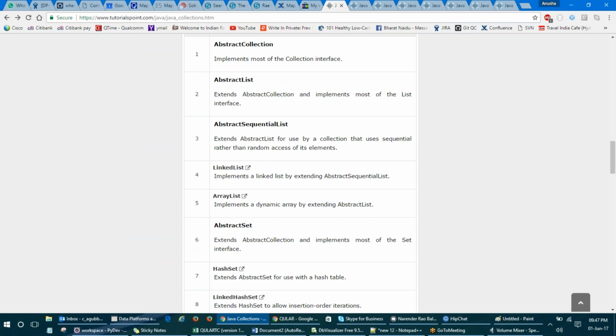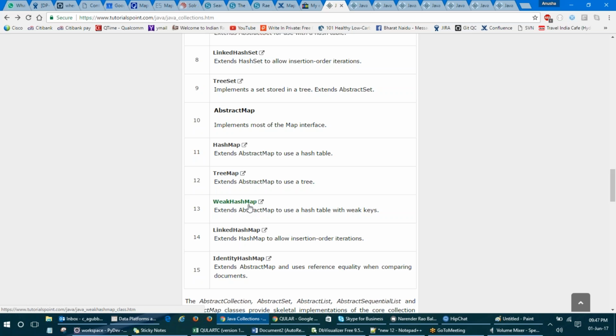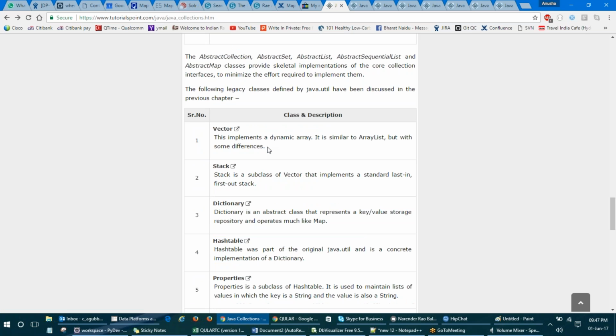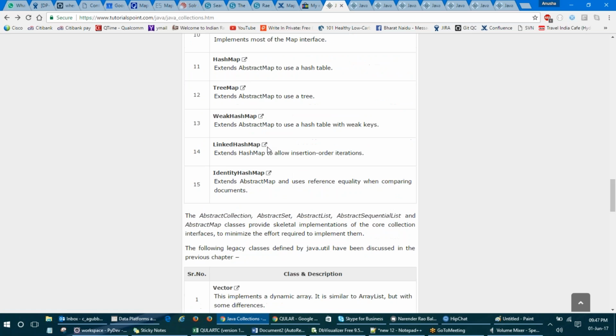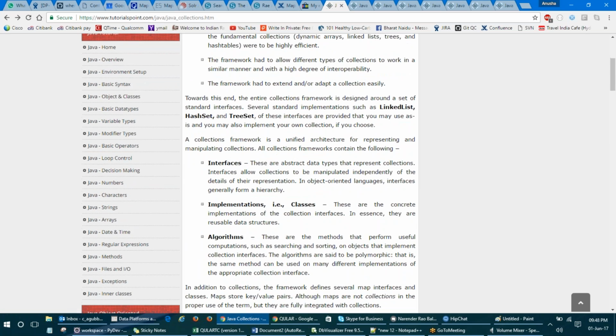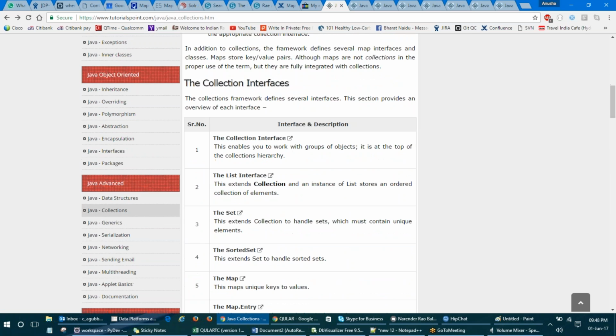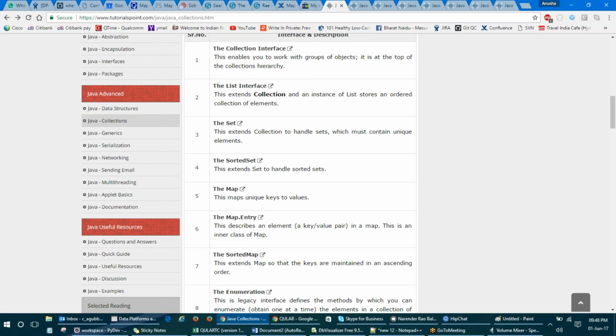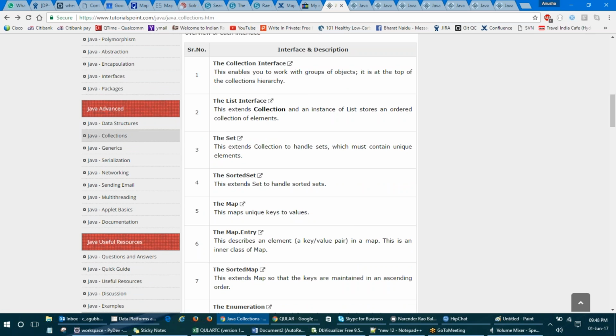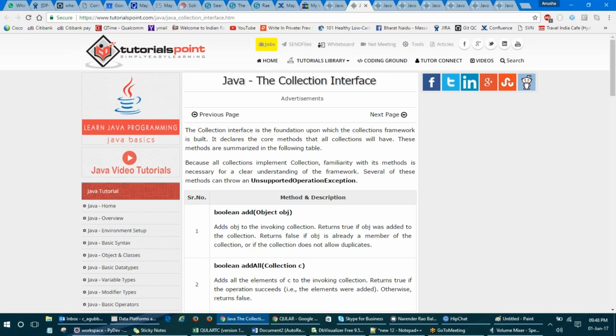Then we have linked list, array list, hash set, linked hash set, maps and so many of them. Once we have so many of these, we'll have to look into what the collection interface is, what the list interface is, and what the set, sorted set, and so on are. So moving to the collection interface,